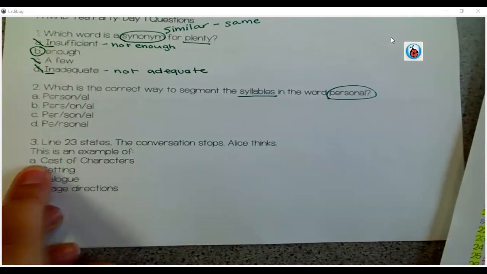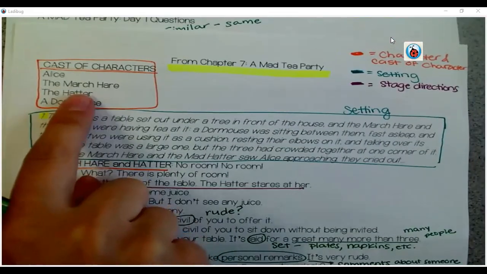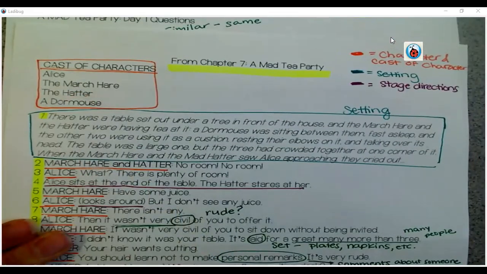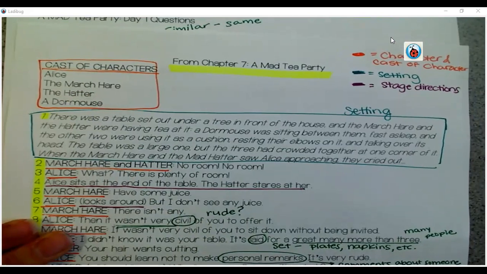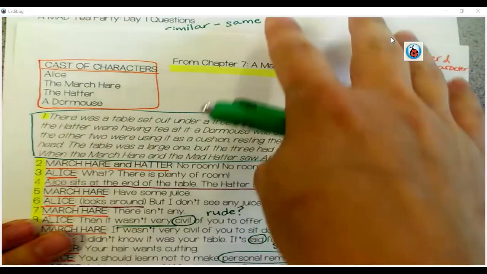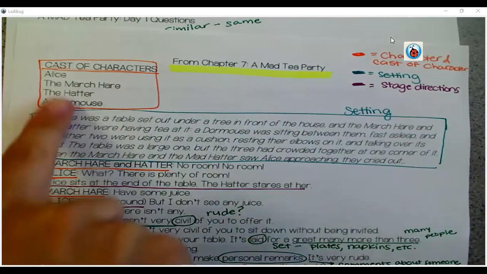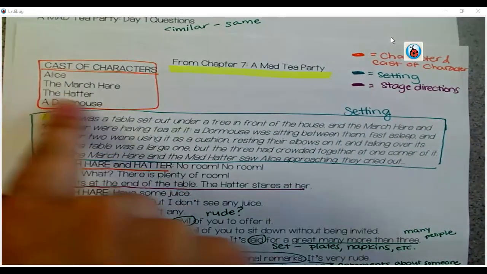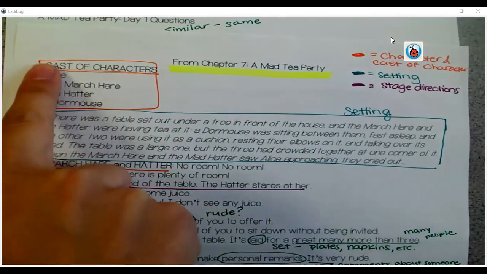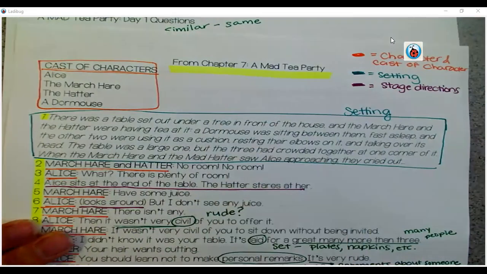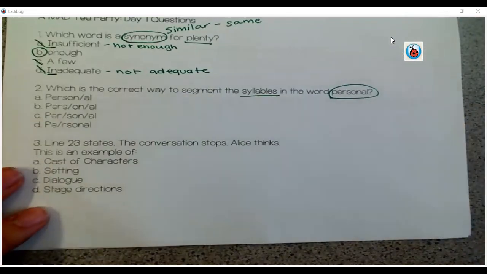A says cast of characters. A cast of characters will always be written either at the front of a drama if it's a book, or if it's a long drama with many acts and scenes. If it's a text that we're reading or an excerpt of a drama, we will see it listed at the top like this. We will see the cast listed first before we start reading the text. So we know cast of characters